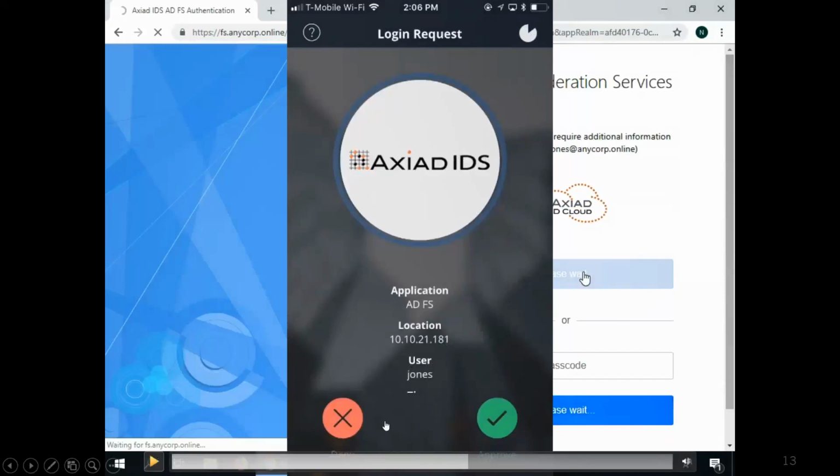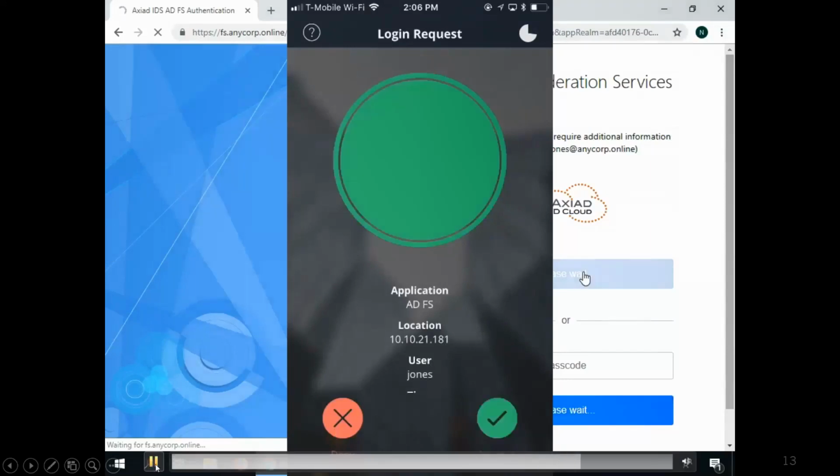So if somebody is trying to hack her account, or even if somebody was able to get her AD credentials, they still won't be able to authenticate because Jessica can deny the request. Once Jessica clicks on the approve button and the transaction goes through, there's still one last step,